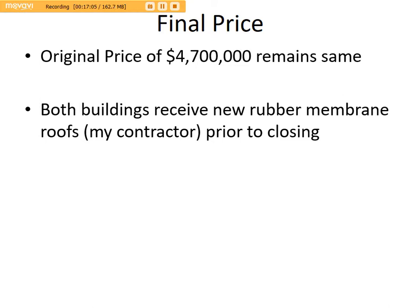And if you start changing the prices and the terms and conditions, it's like putting the brakes onto the whole financing process and having to start from the beginning. So what our lender suggested was seeing if we could have the seller do these repairs as part of the purchase price, which is exactly what we did. So we left the purchase price at the original value of 4.7, but both buildings were going to receive a new rubber membrane roof by our contractor under our terms prior to closing, for a price of about $120,000, which was a little bit less than